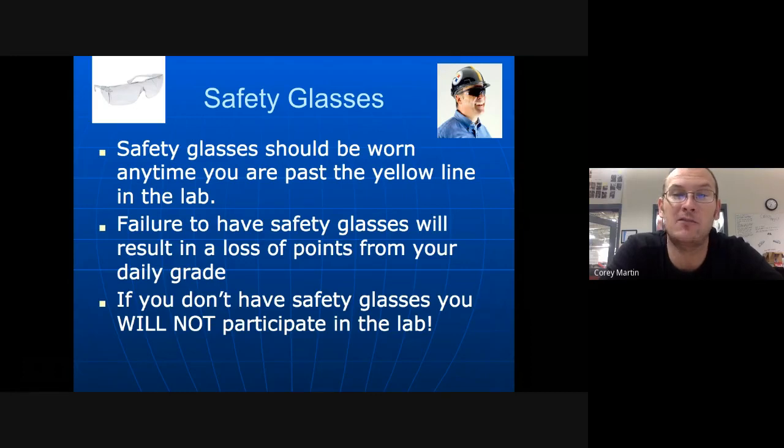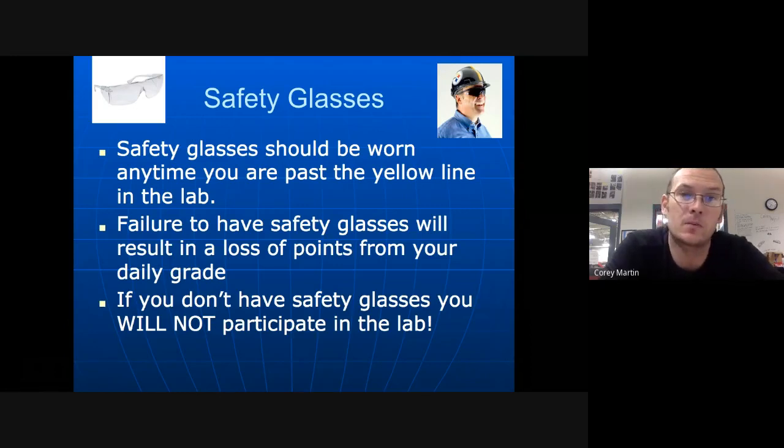We have lockers here in the auto shop. You are more than welcome to pick a locker and a lock. You can keep your safety glasses in there, so they're here for you every single day. Also, I recommend just keeping maybe an old shirt, maybe an old pair of shoes in that locker as well, because a lot of students dress well for their other classes. They might not necessarily want to get their clean shoes and nice football jersey, for instance, all greasy and dirty.